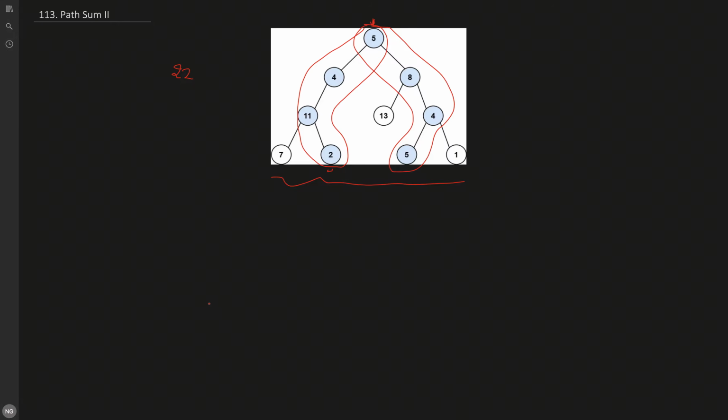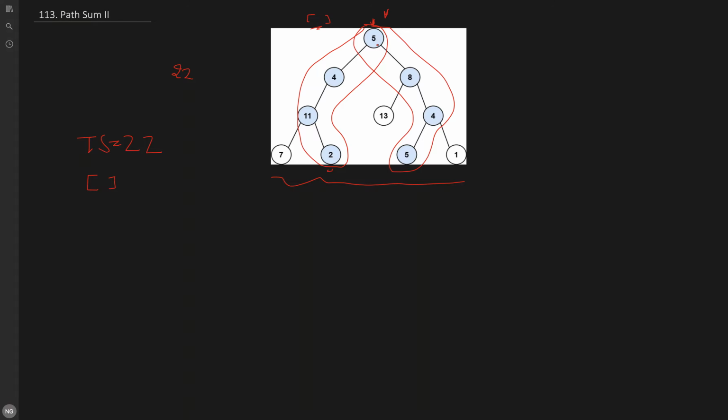So how do we solve this kind of problem? This is just a recursion problem, and one of the solutions is to apply the DFS approach. We start from the root, pick that root, and add it to a list that we initialize as empty. We add that into the list and move to the next left and right tree calls. Also, when we add a node into the path, we subtract that much value from our target sum. So let's say our target sum TS is initially 22, and our current path list is initially empty.